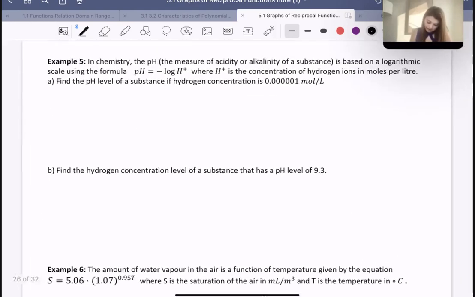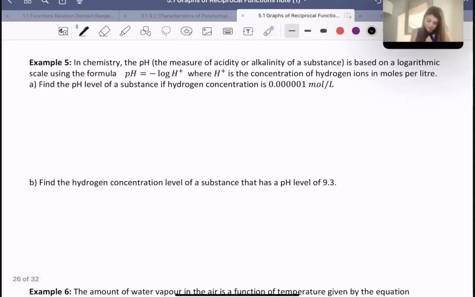Okay, let's move on to this chemistry example. In chemistry, the pH, the measure of the acidity or alkalinity of a substance, is based on the logarithmic scale using the formula pH equals negative log H plus, where H plus is the concentration of hydrogen ions in moles per liter. A says find the pH level of a substance if the hydrogen concentration is